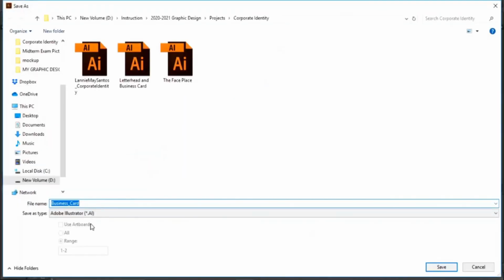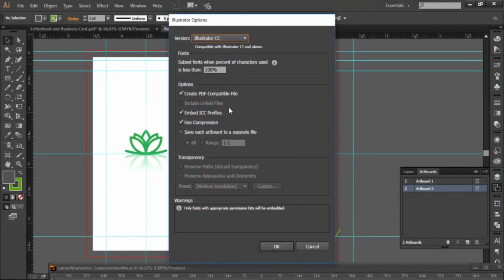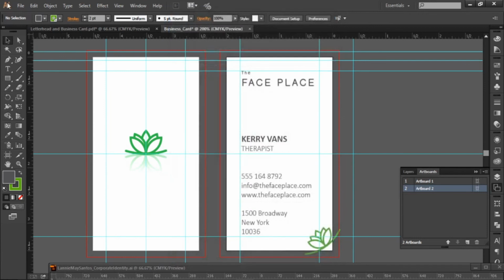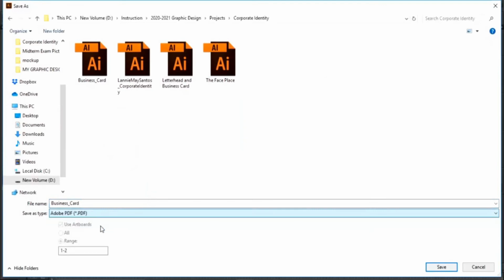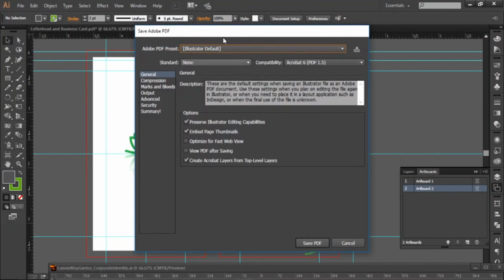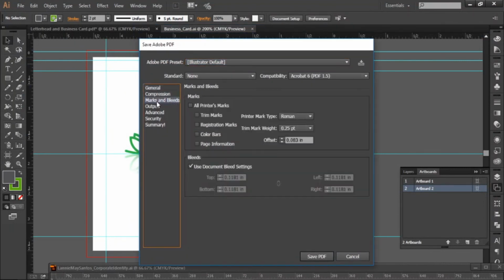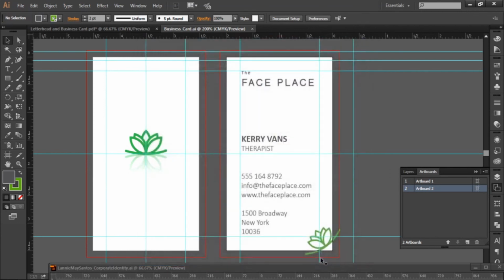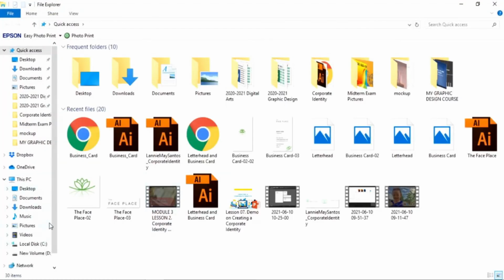Okay, in PDF. So, i-save ko na rin ito as Adobe Illustrator. Illustrator, okay. And, sisave ko din siya as Adobe PDF. Save. Okay, if this appears, make sure na i-set nyo or i-check nyo yung trim marks sa marks and bleeds para ipakita niya yung trim marks once it is converted to PDF. So, save natin. So, if you want to see yung itsura niya pag na-PDF siya,